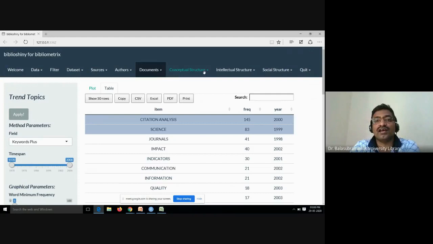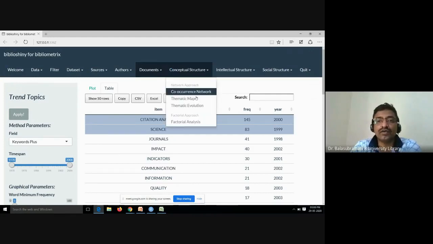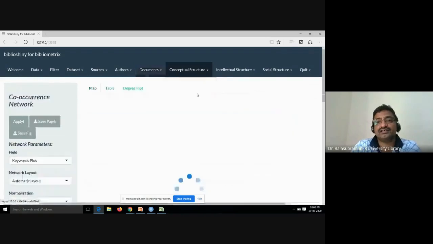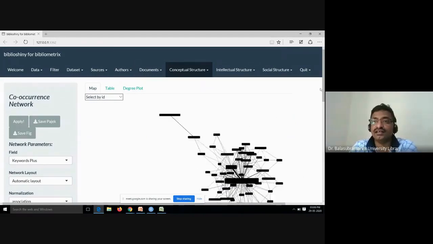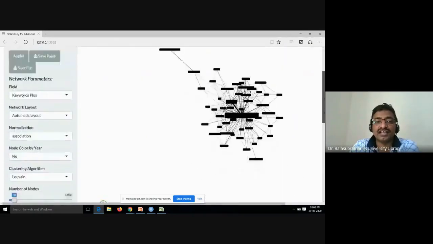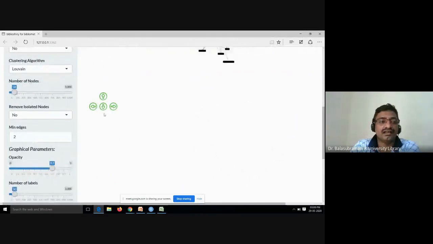Then we'll go for conceptual structure, co-occurrence network. Here actually these three concepts, conceptual structure, intellectual structure, social structure, are the purpose of mapping. You can get excellent mapping.